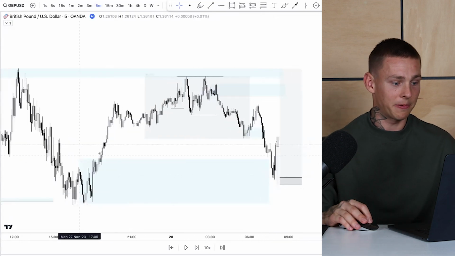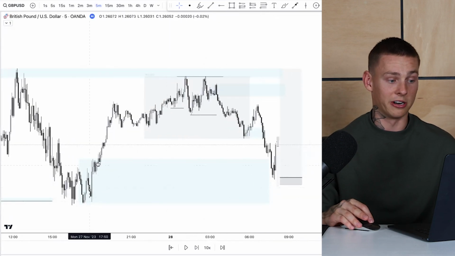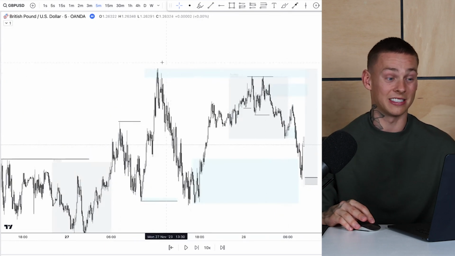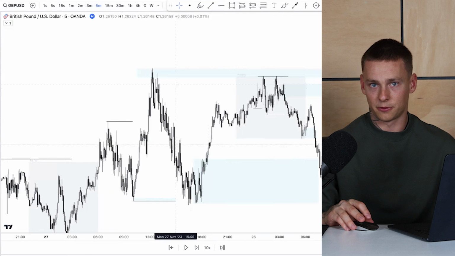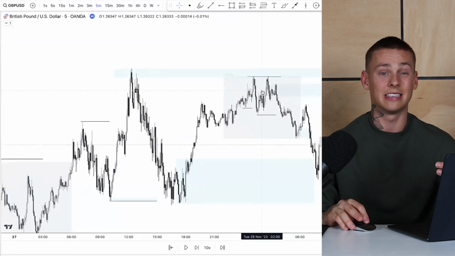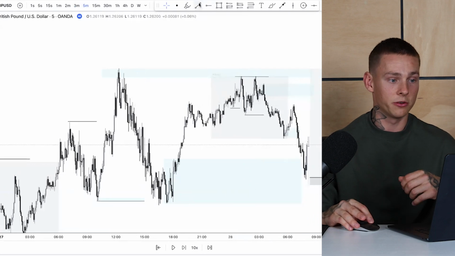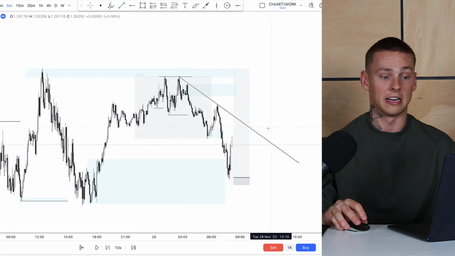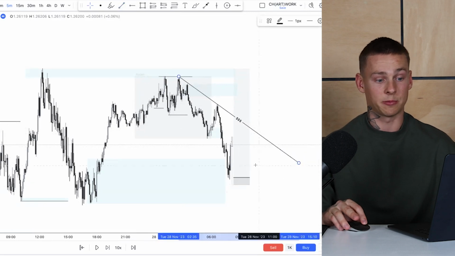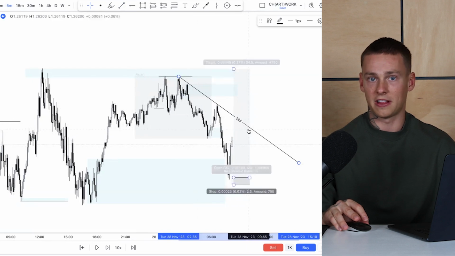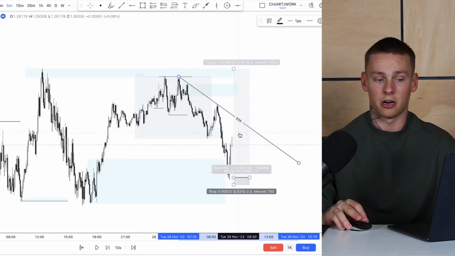All right, cool. So price comes all the way down into that last point of interest that we were just speaking about in that range. We of course have the bias that price will want to take out these external highs, these 4-hour highs, because we have the liquidity that's just sitting there, right? It's just resting liquidity that is just begging to be taken out. We can also then start to draw something like this across, right? Which is going to be our first trend line, because we know that trend line is liquidity, especially third touch. You can see one touch, two touch, potential third touch, wherever that might be, is going to be an extra confluence